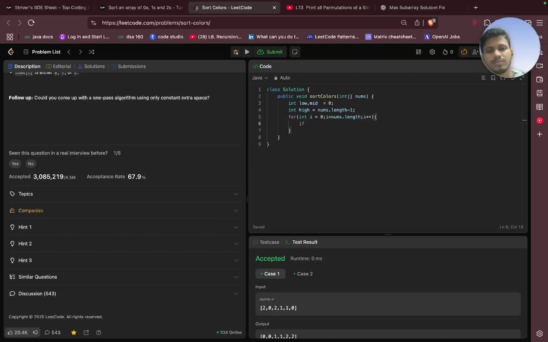If nums of i equals 0, what are we going to do? We're going to update the low pointer, right? We just need to make sure that all the elements before the low pointer are 0. So if we figure out some element as 0, suppose